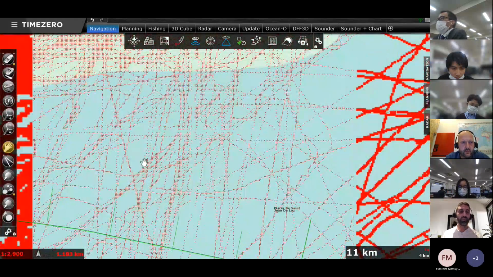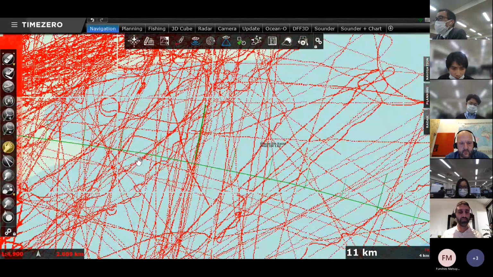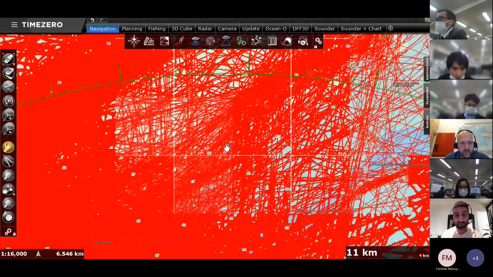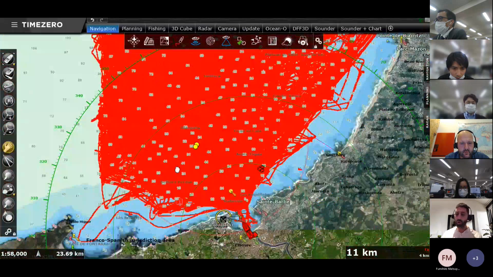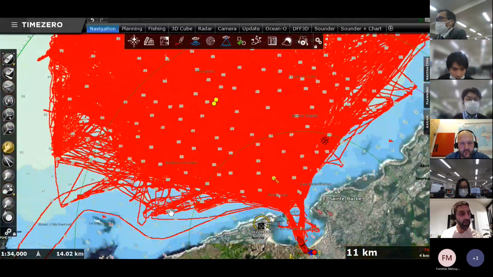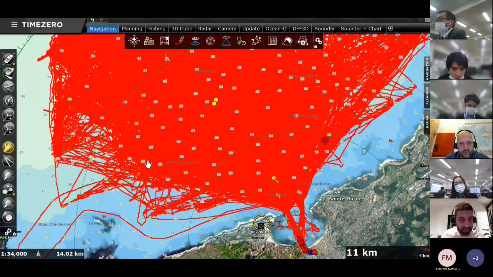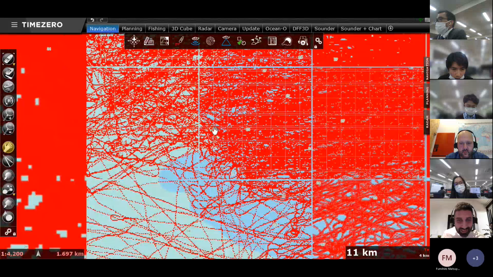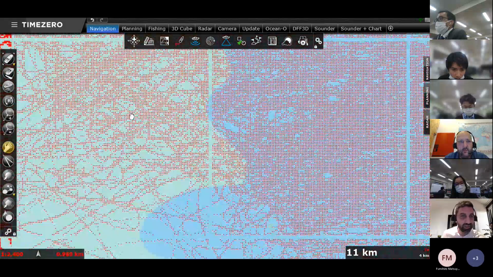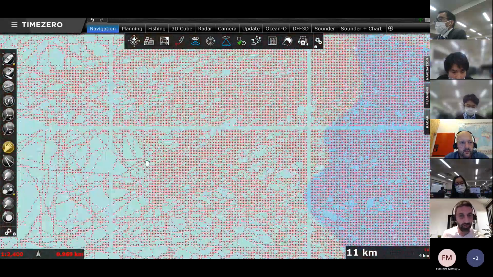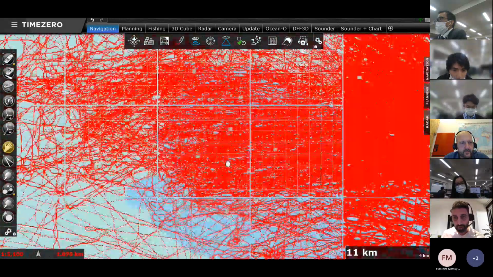Basically, this is years of data collected by this fisherman, and you see that he has been pretty much everywhere in this area. He has been fishing everywhere, and all the time he had his TimeZero connected to the sounder, and his PBG was recording. And you see all these points here are depth points recorded by the software. So it is a lot.